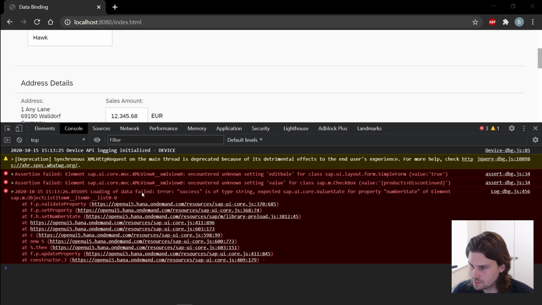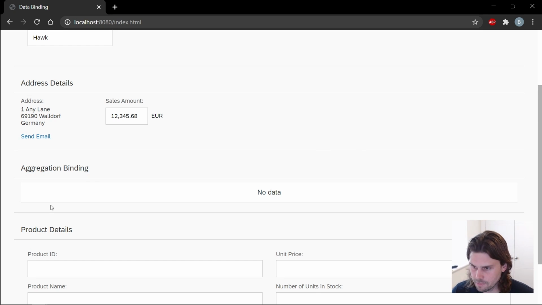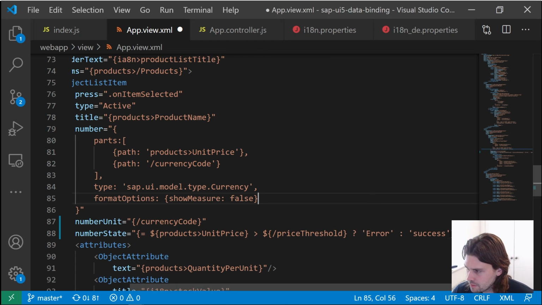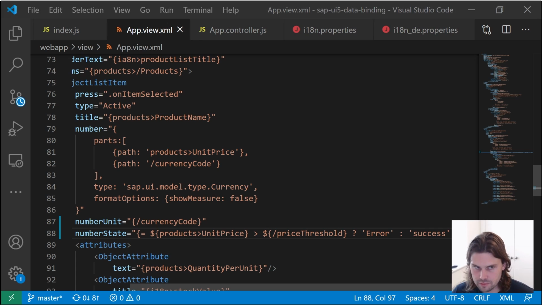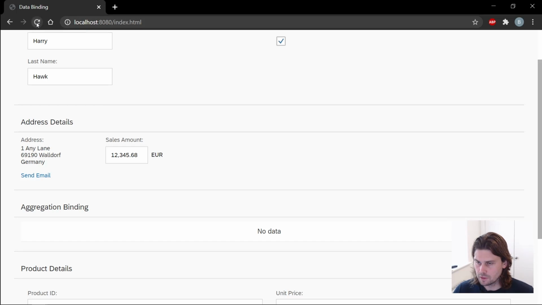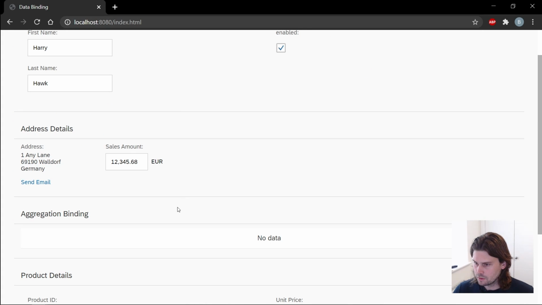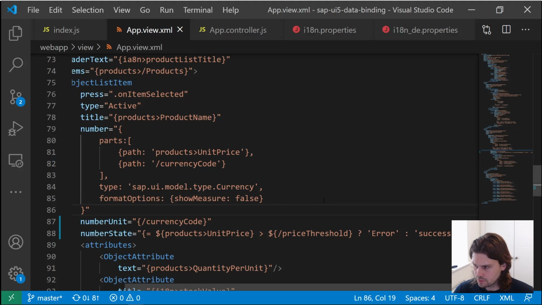Okay, now that we're in the console, let's see, there seems to be an issue with the string, so let's go back and check the code. I think we might need to keep the space here just after success. Let's save and take a look. Now if we refresh, no, still an issue. Error, this should be a capital. My apologies, that should be a capital. Now if we refresh,